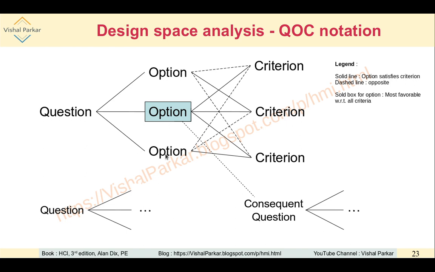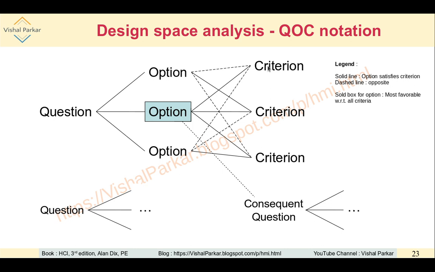So out of the three options available here and the three different criteria, we can see that this particular option, which is shown to be in a solid box, is satisfying all three criteria, whereas the remaining two options may be satisfying only one or two criteria.